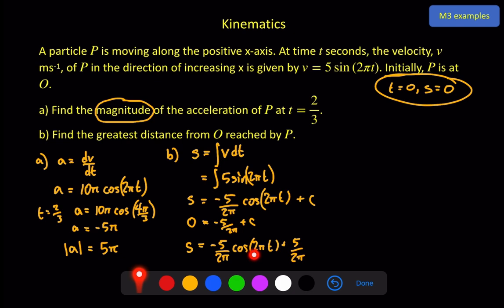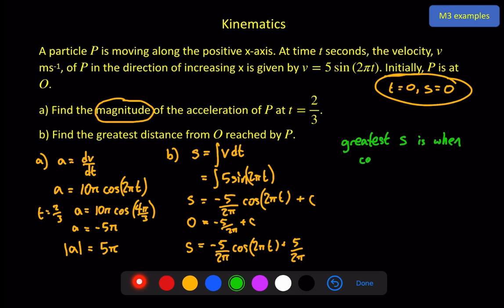So that this minus interacts with the minus 1, and we end up adding these two terms together, which would give us 5 over pi. So in this case, the greatest displacement, and if I take the positive, then that's the same as the greatest distance. So the greatest displacement is